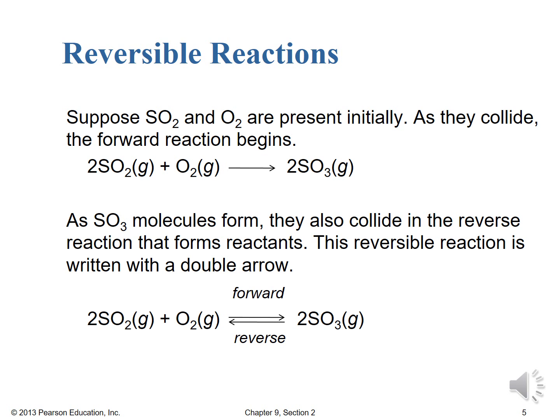So let's consider a certain reaction. If we have sulfur dioxide, SO2, and oxygen gas present initially, as they collide, the forward reaction will begin. We have only the reactants, no product gas yet, so those reactant particles will collide with one another, and if they happen to achieve the right orientation with sufficient energy, we'll get successful collisions. Most of our collisions will be unsuccessful, but again, as long as we get some successful collisions, we'll get some